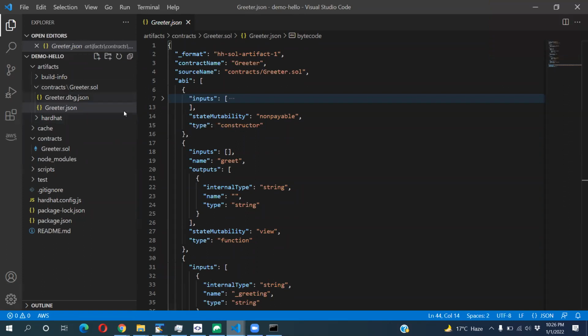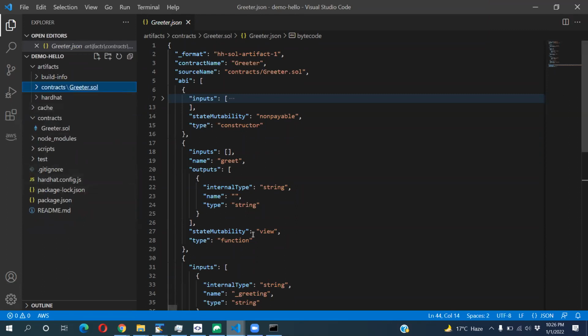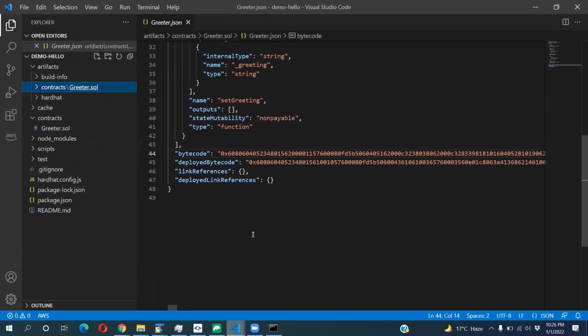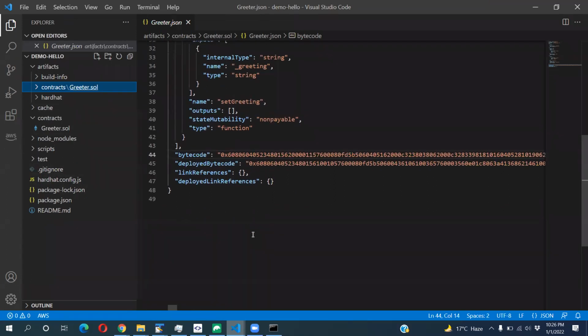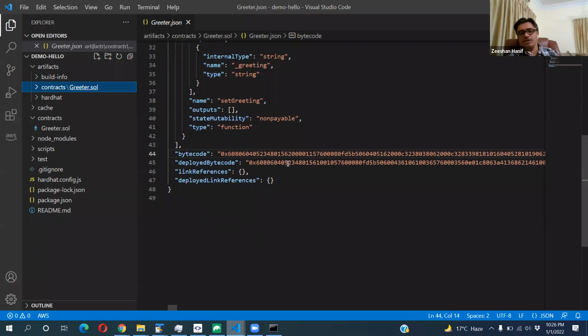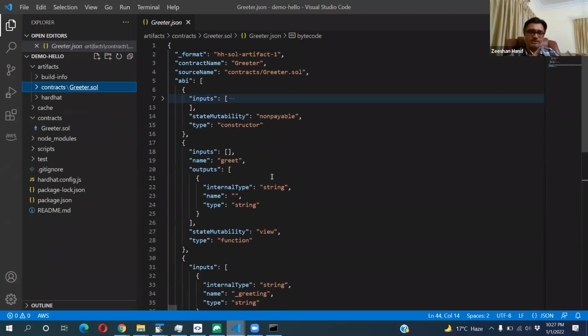I have a question there. Yes. At the bottom of this ABI code, the deployed bytecode and bytecode are mentioned. Is there any difference in both of them? Basically, at this moment it is not deployed, so there'll not be much difference between them. But once it is deployed, there might be some changes. You might compile again after deployment, and the bytecode will change. That's why there's a difference. Okay.